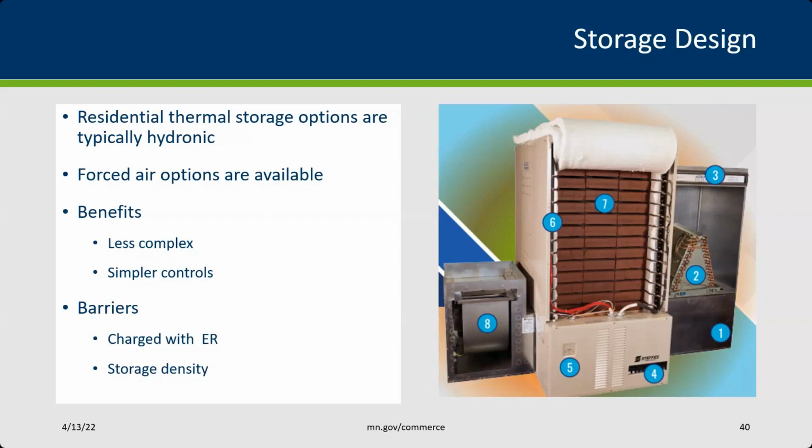So in this specific install, we paired a variable speed heat pump. You can see the coil of that heat pump on the right-hand side of the picture, diagram number 2. And it's tied into the central air handling unit fan, number 8 there on the left-hand side, and the ductwork would come out of that fan. And in the middle there are ceramic high-density bricks that are charged with electric resistance heat